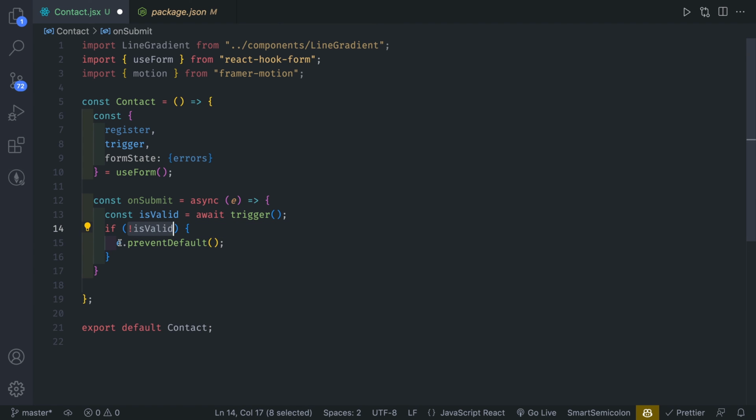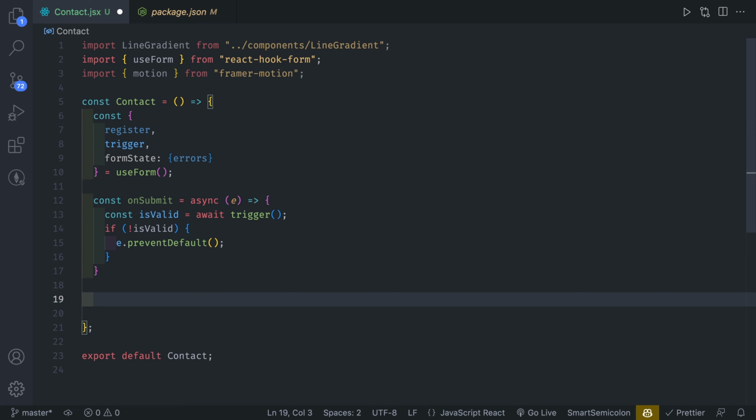Otherwise, it's just going to go to the next page, or otherwise it won't go to the next page without this. So after it validates, then we can prevent the page swapping. So the form submit works. So it's a very quirk of form submit when you're using it with this library. So we're going to return,